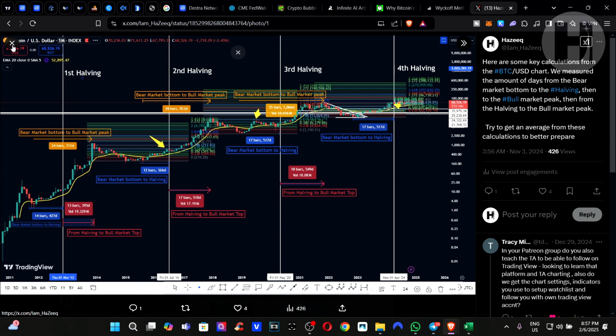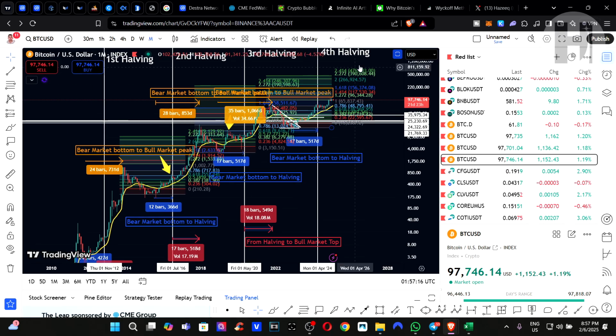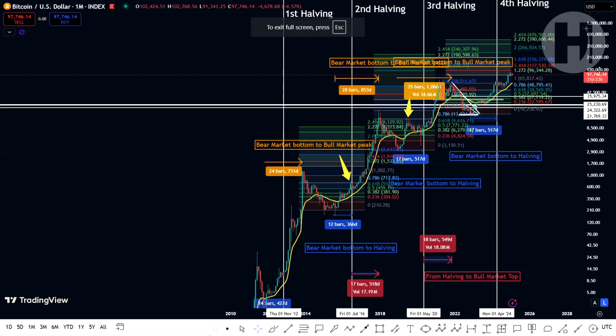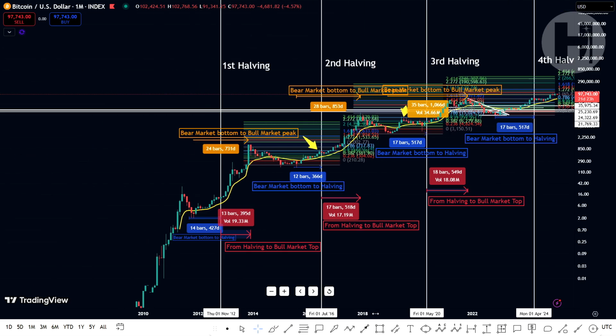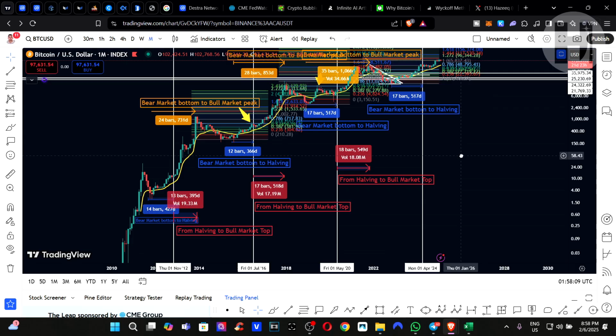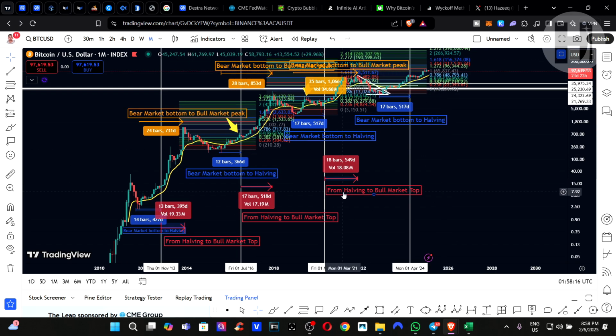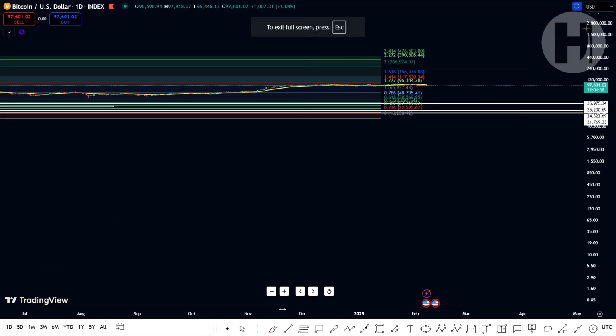Again, you can access this tweet on my Twitter page. If you go to the monthly chart on my TradingView, this is where I created and set this thing up. I did it on the daily chart, and then we switched to the monthly so we can zoom out and take a look at everything. So the average of the 3 here is going to be 487 days from the halving to the bull market top. So what we're going to have to do is we're going to go to the daily chart,